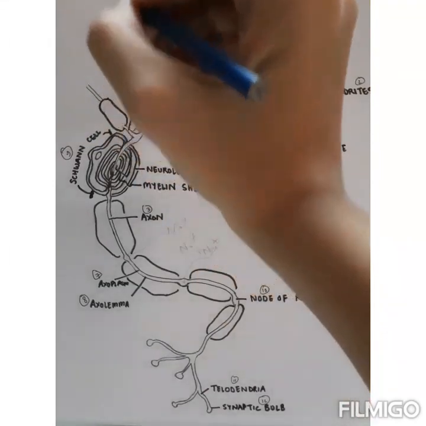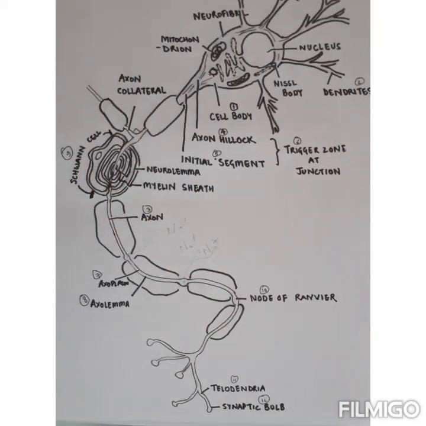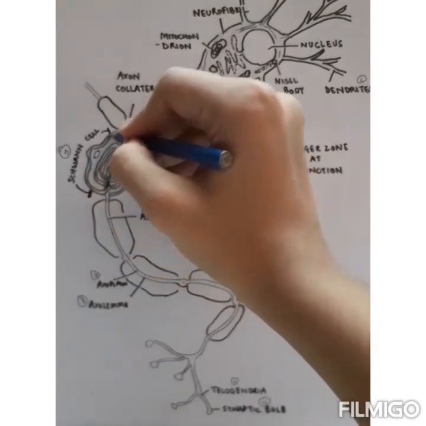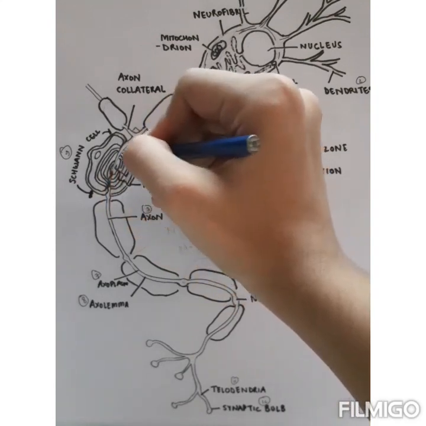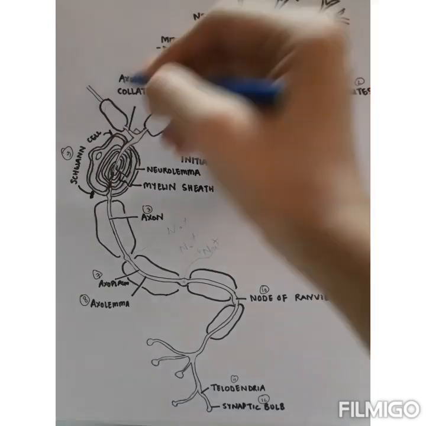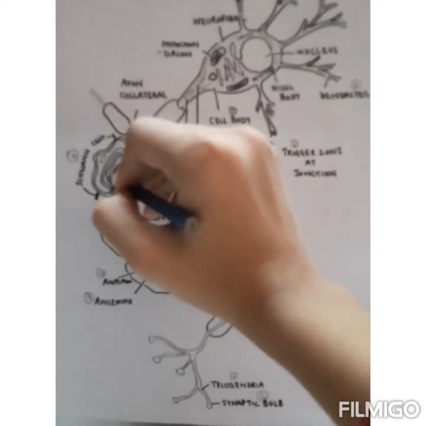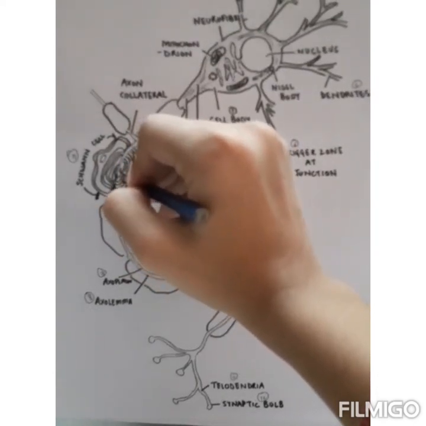The next part that we're going to talk about is the Schwann cell. The Schwann cells are found in the peripheral nervous system and they form a myelin sheath around this axon. This myelin sheath is insulating in function. It is made up of lipid and fats and is usually found in the white matter of the brain and spinal cord. So what really happens is the plasma membrane of the Schwann cell wraps around to form this myelin sheath, and